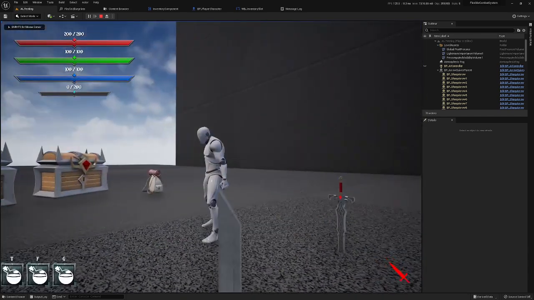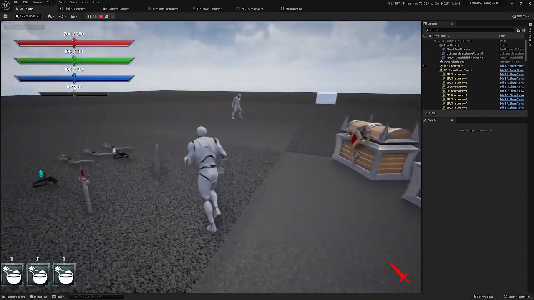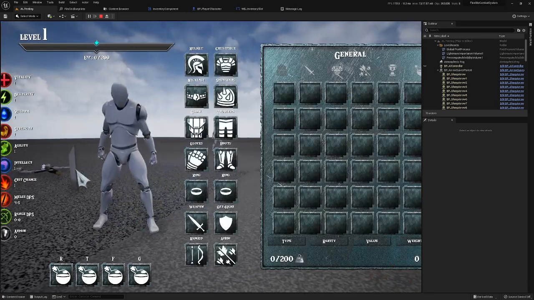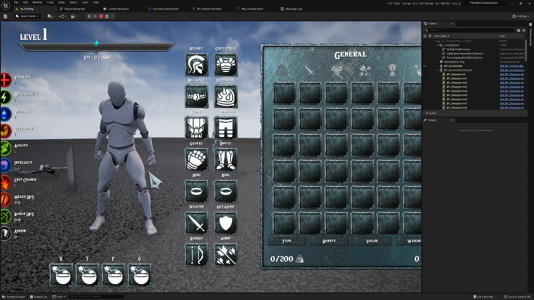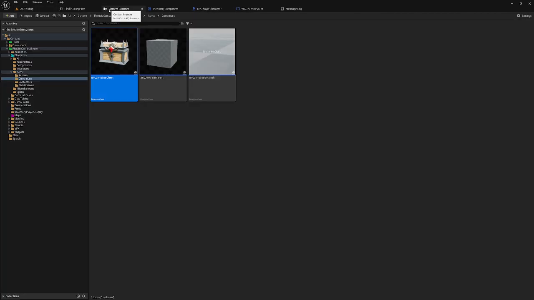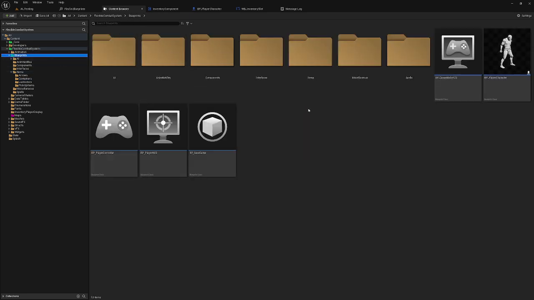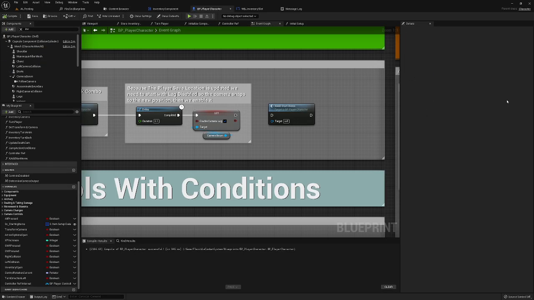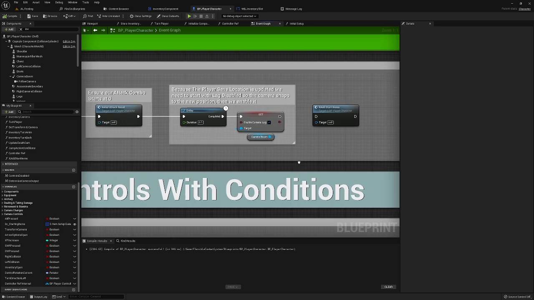So we've got our basic character. This is the AI testing map, and we've got nothing on them. All right, so we're going to want to open up the player character, and that's in Flexible Combat System, Blueprints, Player Character. The first thing we're going to need is